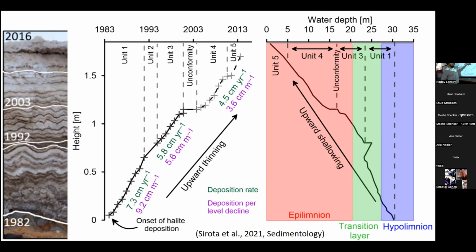Here it's only 5.6, and here it's only 3.6. Why is the rate declining per 1 meter level drop? Because of the dissolution and so on. The dissolution here is not 100% in this location, in other locations it is, but we do see how shallowing is related to less and less